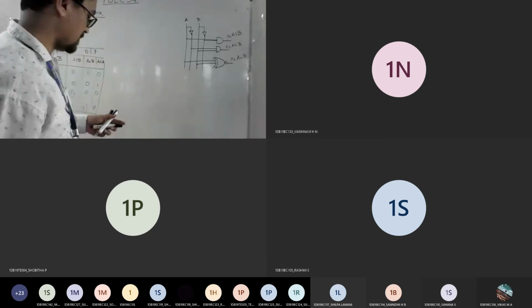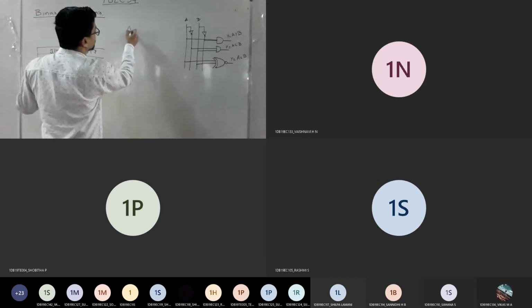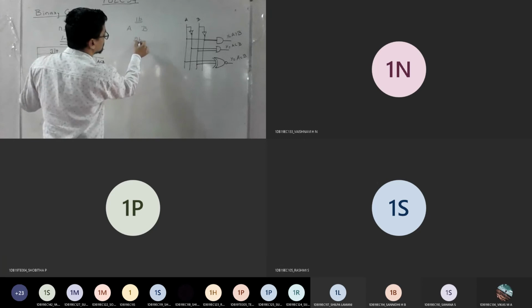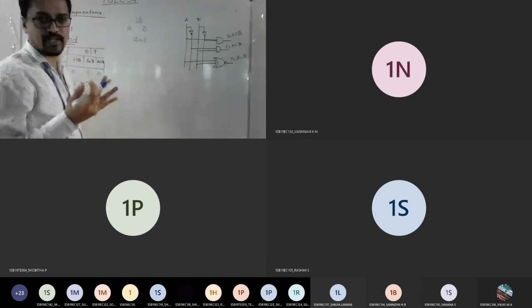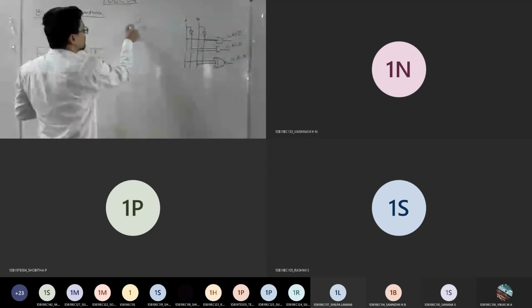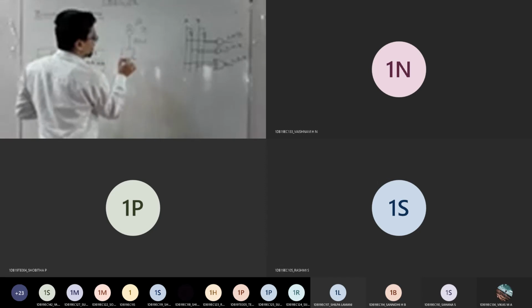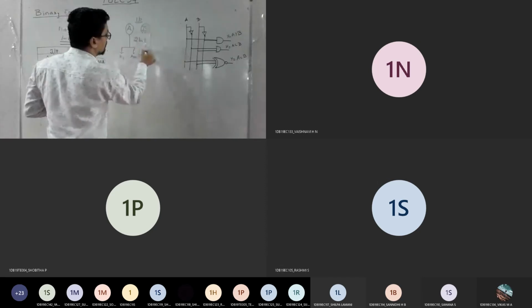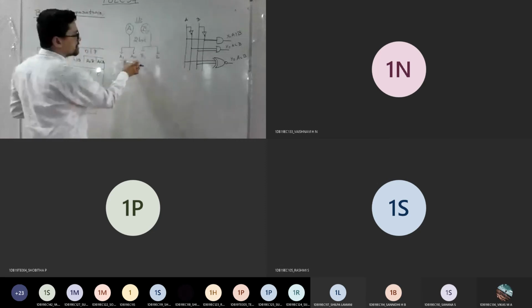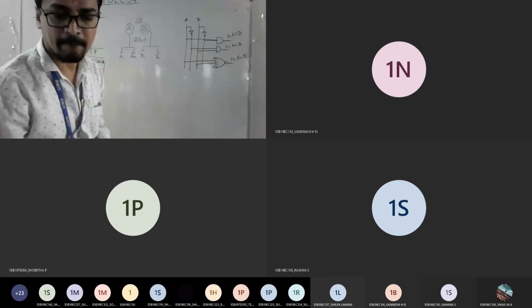Listen here. If I say 1 bit, the inputs are A and B. If I say 2 bit, apart from binary you can't take anything else, so you play with these two only. I can make this as 2 compartments, one as A0, one as A1. Similarly, B has 2 compartments, B1, B0. So it is called a 2-bit comparator now. Understood everyone?